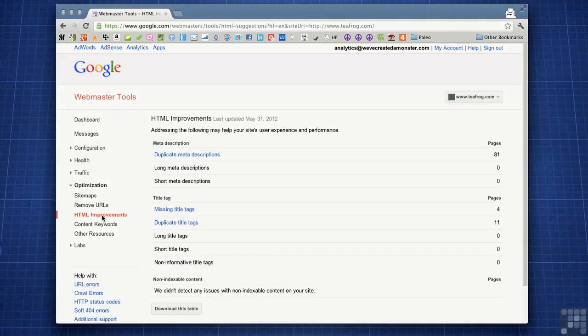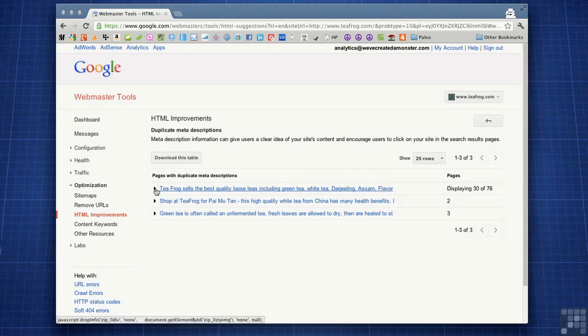HTML improvements. This is another incredibly useful feature inside of Webmaster Tools for doing SEO. As you can see here, it's showing us a lot of duplicate issues like duplicate meta descriptions. 81 pages on tfrog.com have duplicate meta descriptions, and obviously that's very bad. So what we can do is click this and look at all the different pages that